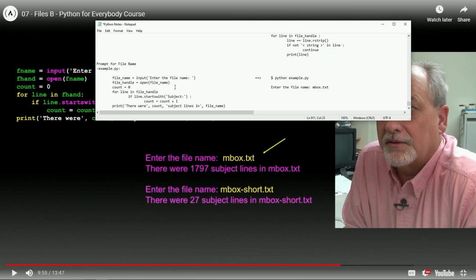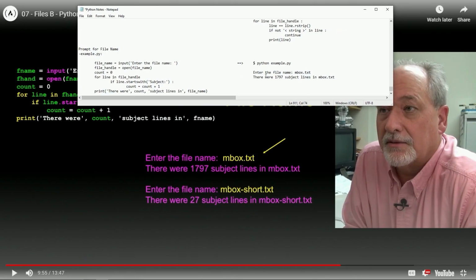And then what will come out will be there were 1897 subject lines in inbox.txt.